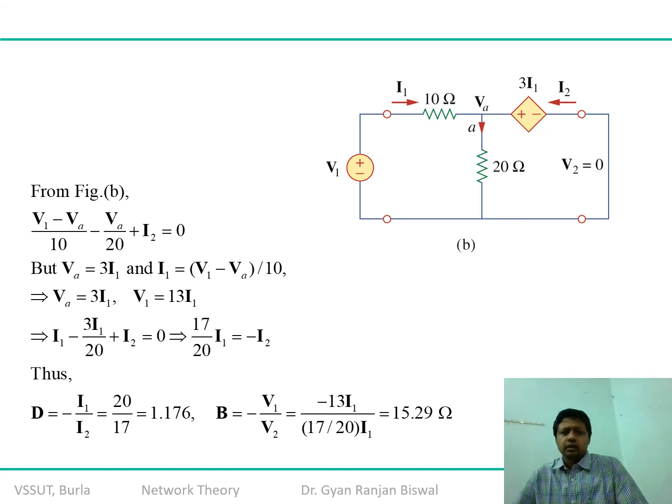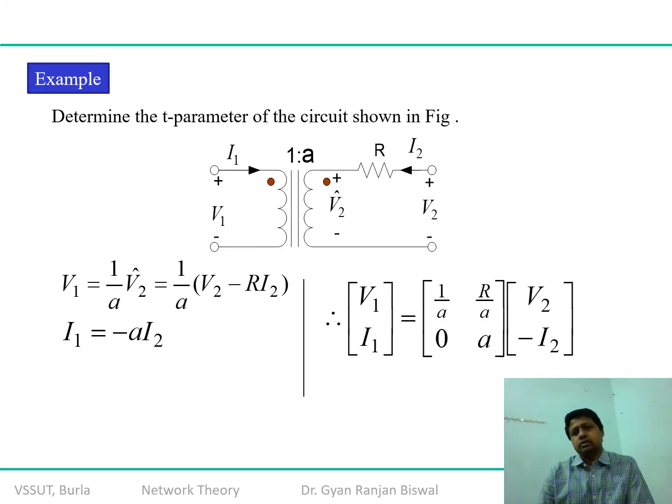The same as A. Whereas for the value of B, the values of V1 and V2 you can replace in terms of I1. V1 you already got, and V2 is already known to you, so you can substitute that value in terms of I1, and you get 50.1. From here, I again advise you to check whether AD minus BC is equal to 1. This network is symmetric, so that's how you can solve some circuit problems, analyze your ideas, and check your fundamentals, right?